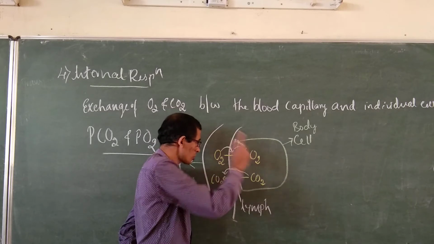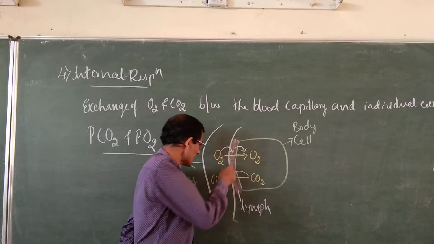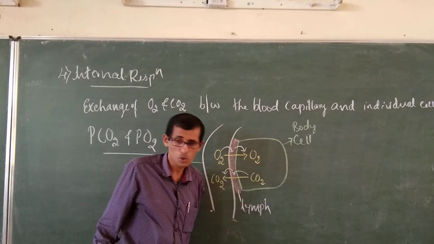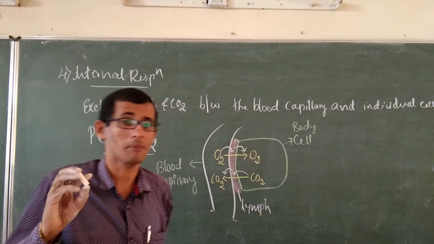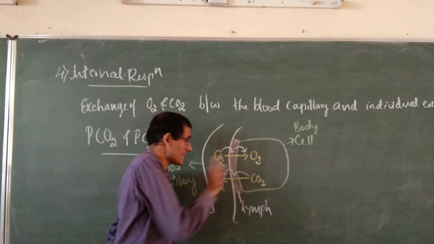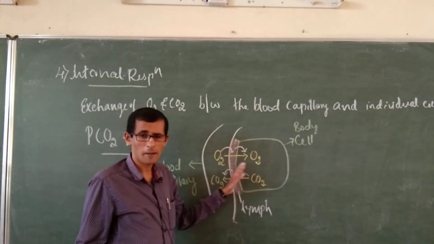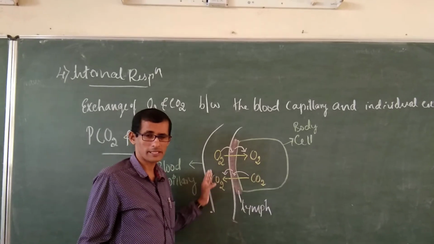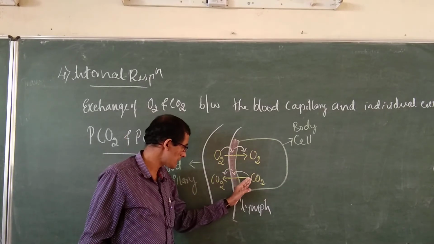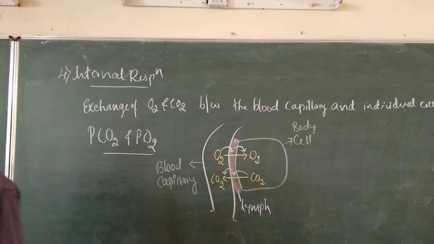So, cell ಗೆ oxygen ಹೋಗುತ್ತೆ, carbon dioxide cell ಇಂದ blood capillary ಬರುತ್ತೆ according to the concentration gradient, but there is a small gap between the blood capillary and the cell. That gap is filled with the lymph. So, diffusion of the oxygen and carbon dioxide will be there initially to the lymph and later to the respective site. Blood capillary ಇಂದ lymphiಗೆ ಹೋಗಿ ಸೆಲ್ಲಿಗೆ ಹೋಗುತ್ತೆ oxygen, carbon dioxide ಸೆಲ್ಲಿಂದ lymphiಗೆ ಬಂದು ನಂತರ blood capillary ಬರುತ್ತೆ. ಆಕ್ಸಿಜನ್ ಏನಾಗುತ್ತೆ ಇಲ್ಲಿಂದ ಲಿಂಫಿಗೆ ಹೋಗಿ ಬ್ಲಡ್ ಕ್ಯಾಪಿಲರಿಗೆ ಹೋಗುತ್ತೆ, ಕಾರ್ಬನ್ ಡೈಆಕ್ಸೈಡ್ ಸೆಲ್ಲಿಂದ ಲಿಂಫಿಗೆ ಬಂದು ಬ್ಲಡ್ ಕ್ಯಾಪಿಲರಿಗೆ ಬರುತ್ತೆ. ದಿಸ್ ಈಸ್ ವಾಟ್ ಇಂಟರ್ನಲ್ ರೆಸ್ಪಿರೇಷನ್. ಓಕೆ,